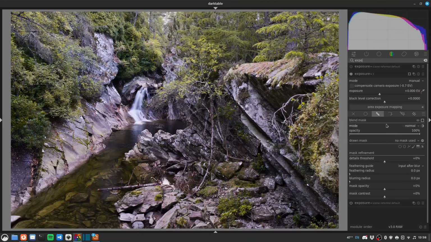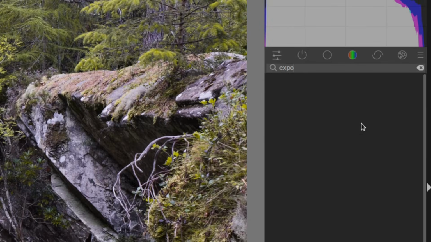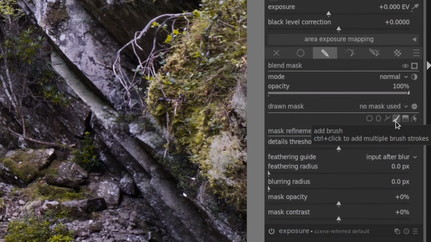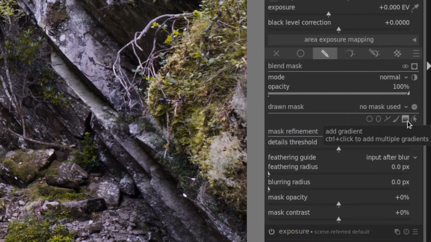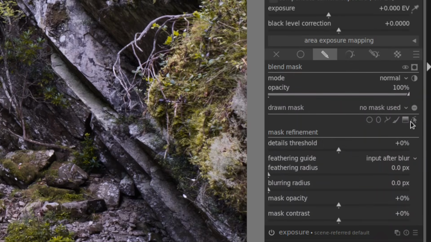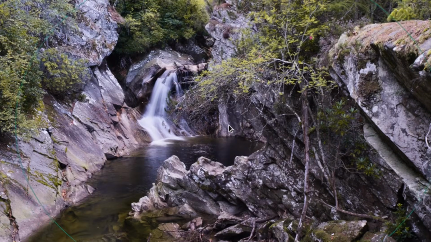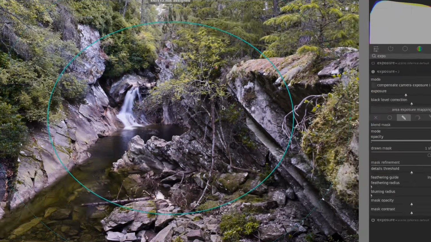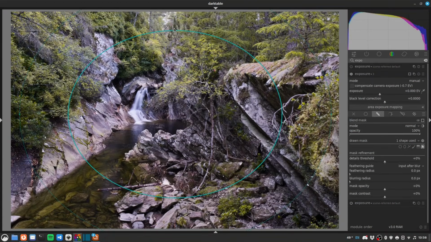So I'll click the draw mask tool, and you can see that we've got several shapes that we can make use of. We have a circle, we have an ellipse, we have a path that we can draw a custom shape. We have a brush, and we have a good old-fashioned linear gradient. So similar to the shape tools that you have in the masking panel in Lightroom, I'm going to use an ellipse for obvious reasons. We're doing a vignette, so an ellipse makes sense, though we could do a custom shape if we wanted to. So let me zoom back out, and you can see that we've got our ellipse shape